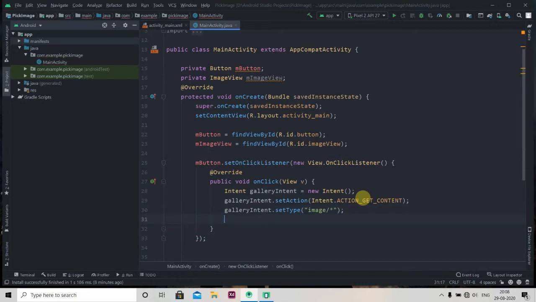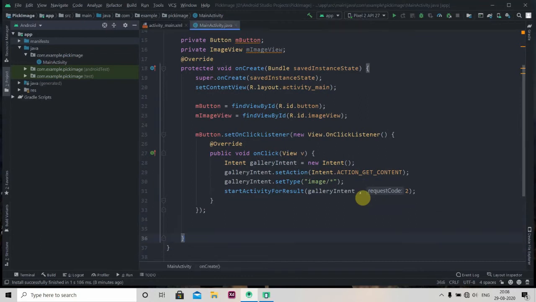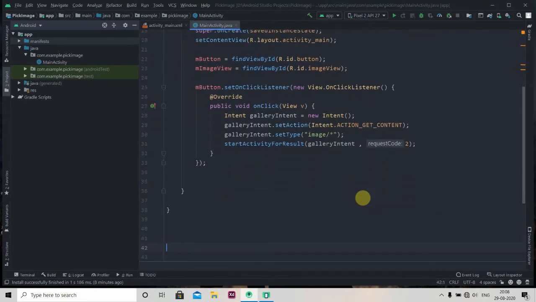Okay, and the last thing, that is we have to startActivityForResult, and here we pass two parameters, that is first our intent, so galleryIntent, and another is the request code. So we'll pass 2 here, and for this we have to create one onActivityResult method.